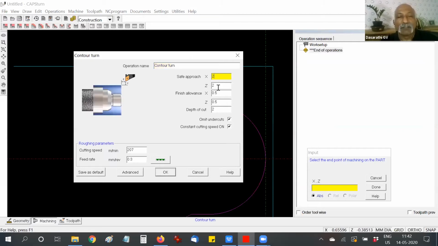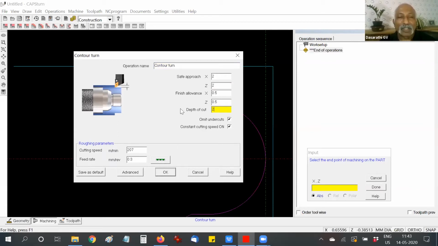Then it's putting the safe approach distance. What is the finish allowance? All these are default values. It knows that I like these values normally. I can change them whenever I want. I can change it right here also. Some default depth of cut thumb rule, I've got 2 mm, right? All of us love that 2 mm, 2 mm, 3 mm for roughing. Then, based on the workpiece material and the tool material and the operation, it has selected the cutting parameters.